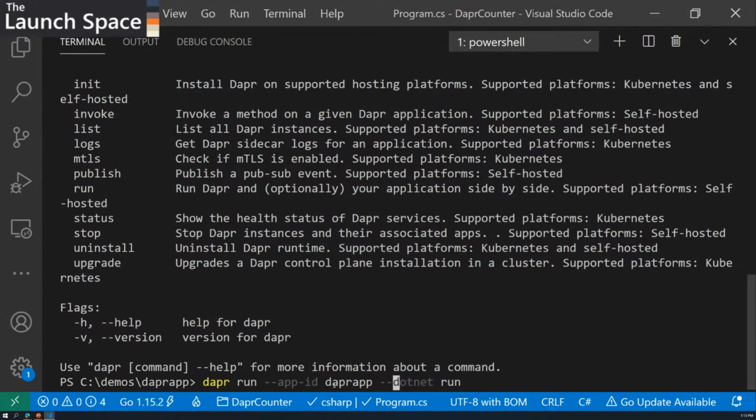I have to tell Dapr what port I'm going to talk to it on. So I'm going to talk to Dapr itself over HTTP here. I'm choosing HTTP, and I'm going to choose an HTTP port, and I'm going to choose 3500 for it. And then I just have to tell Dapr, because it talks back to my application, that the application we created was on port 5000. So there it is. I've Daprized my application.